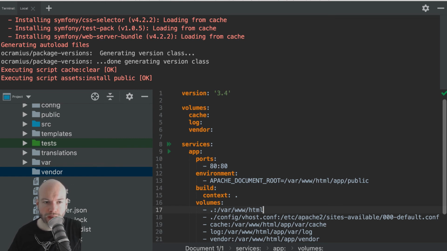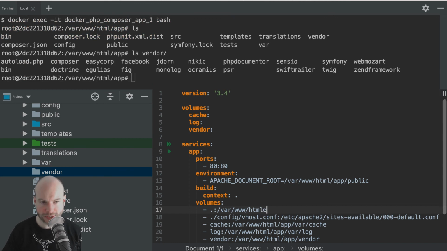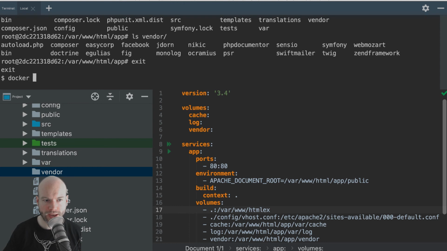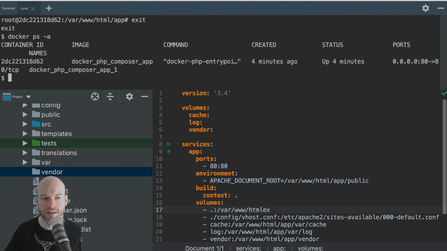Just remember though that when you are setting up your Docker Compose file, it's going to be creating the packages, or the containers, I should say. It's going to be naming those by the project that you're in. So, for example, if I came out of this container and then did a docker ps -a, you can see that it's docker php composer app and then one.